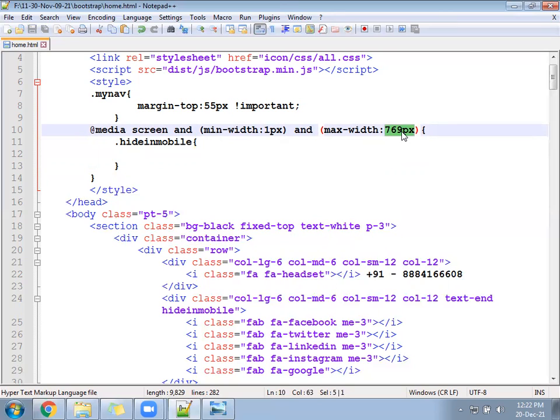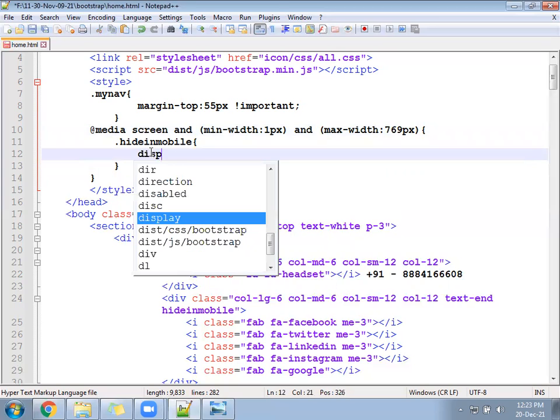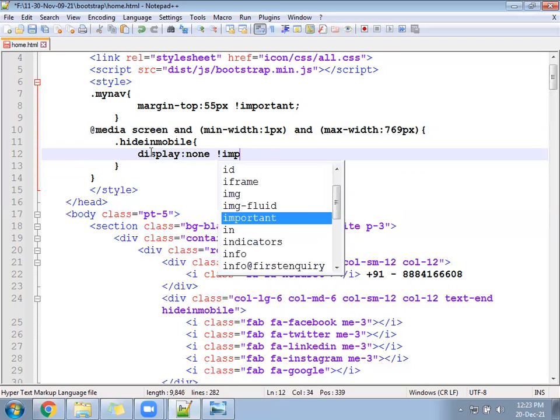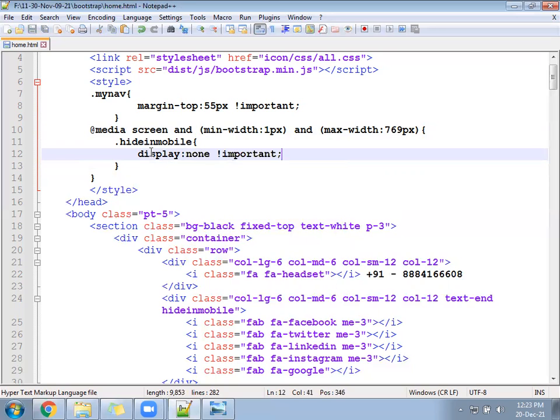We added 1 pixel extra, up to 769. Then hide-in-mobile will say display: none, and forcefully you say !important. So if anyone opens this page on a device up to 769 pixels, the social media icon will not come. You can see only the contact number.